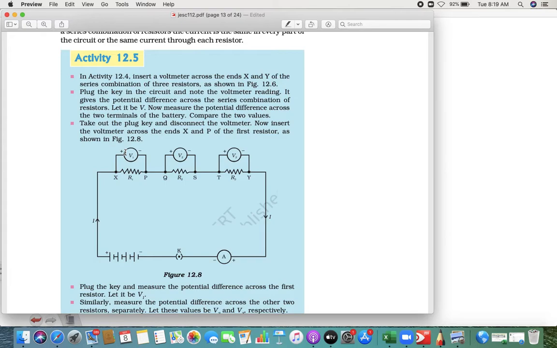So that is an advantage of a parallel connection. What if even one gets fused? For example, at your home, if your fan gets fused, that doesn't mean your tube light or the other devices in your house stop working. So what is the disadvantage of series connection? If one gets fused, all the other devices get fused.